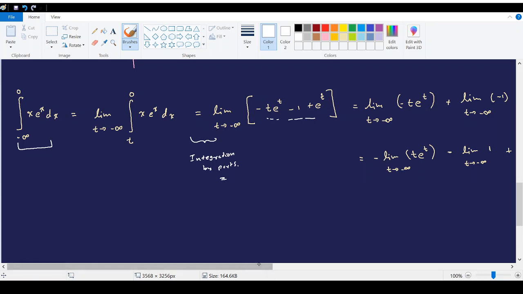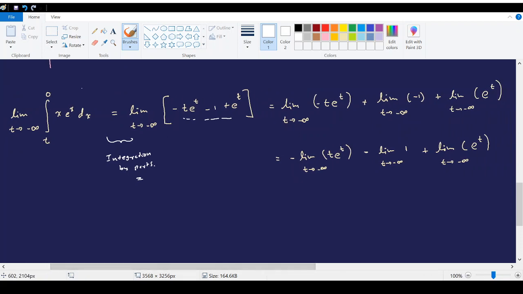It will be a good exercise to do this simplification, right? And you can see for this limit you have 3 terms, so we can distribute this limit across all these 3 terms. For this one, another property of limits is, if you have minus f(x), you can take that minus sign out from the limit. In both these cases you have a negative inside, so you can take it out from the limit